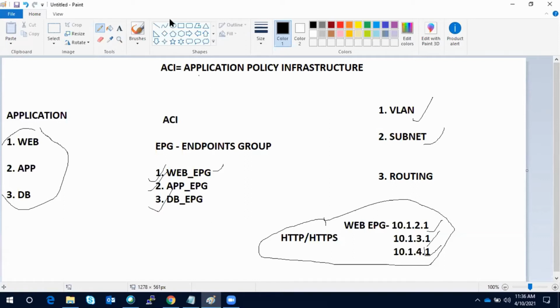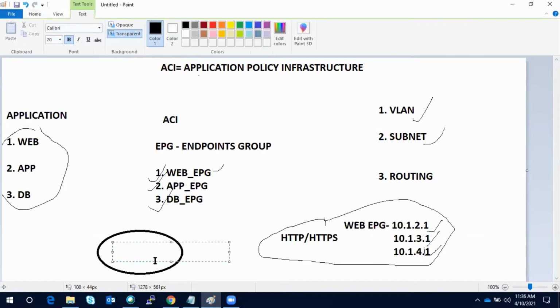Now let's say this is my app tier. I will create one app EPG, and maybe one server is in 10.1.2.2 and another server is in 10.1.6, or let's say 8.1, no problem.